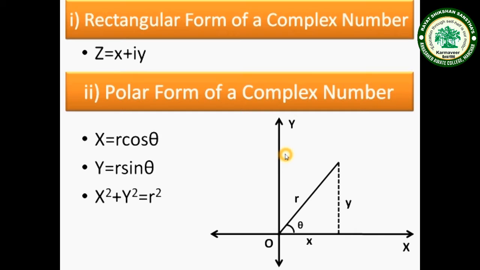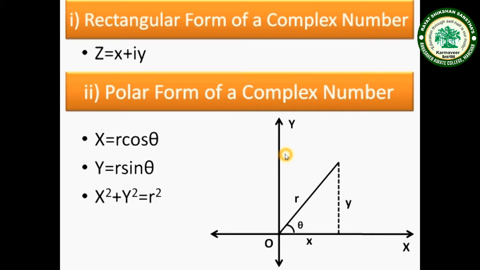In that sense, we are going to see now how they are represented in rectangular, polar and exponential form. Let us begin with the rectangular representation of a complex number. We write the complex number as the letter Z, and it is the addition of the real part plus i multiplied by y. Here it may be written as a plus ib.